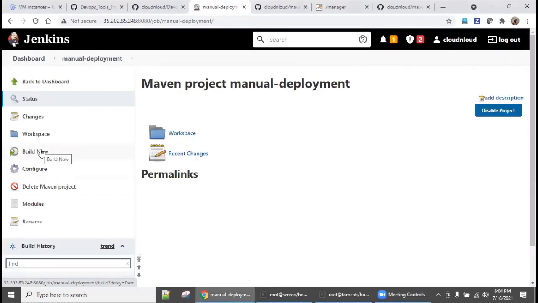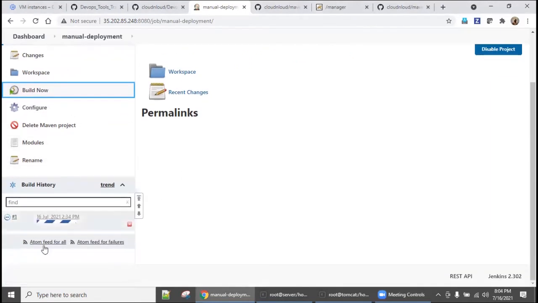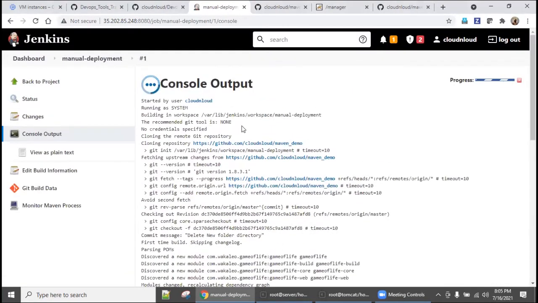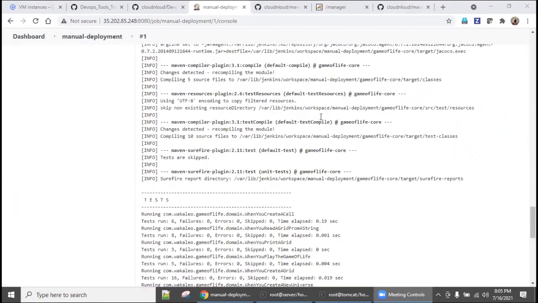Now we will go and trigger the build. Again, I'm saying this is the manual way, but we are not interested in the manual way. But always you have to go with the manual way before automation. So click this to trigger manually. Okay, say build now. Come down. So click it, and immediately you know what is happening. The same output, it is picking up from the code, compiling it and building it. The war file will be created, and then let's go quickly to the bottom of this.